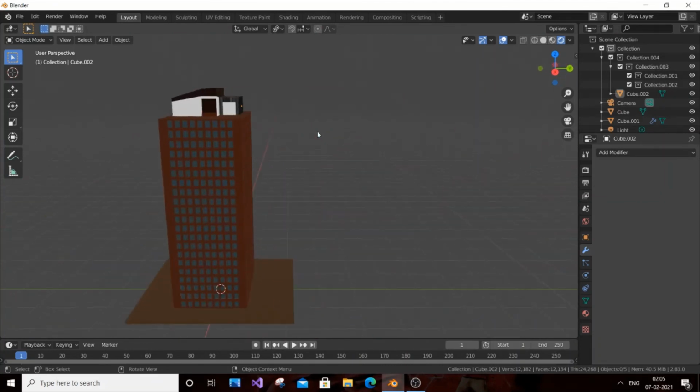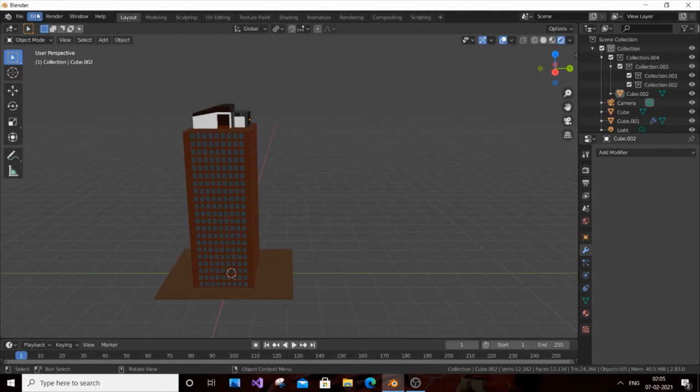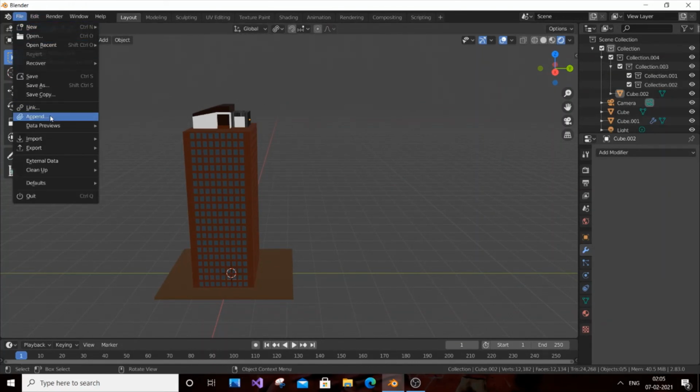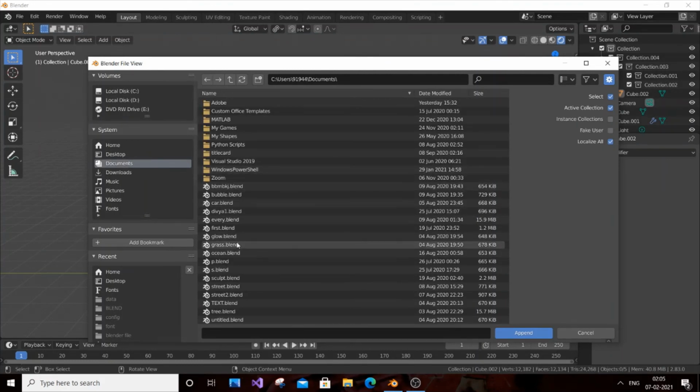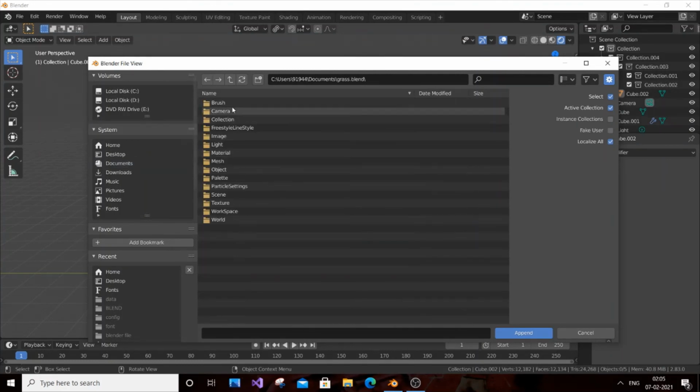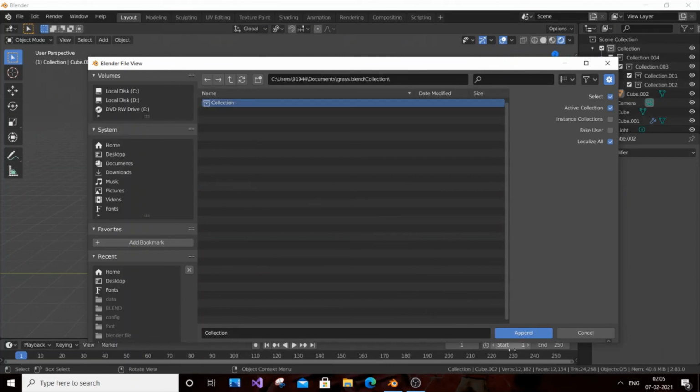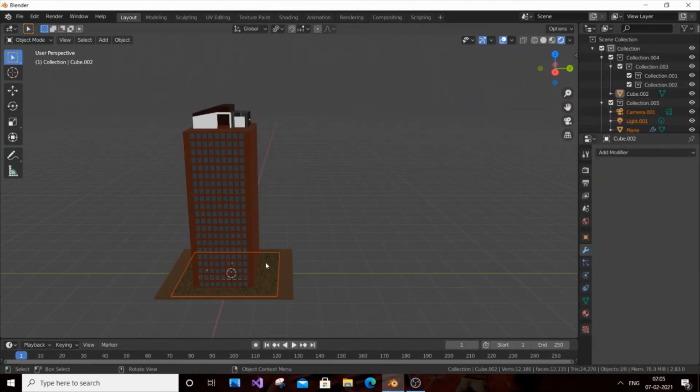Wow, that looks amazing. Next, I have made some grass, so I will also import that file. Append. It's in documents, I think the grass blend, collection and append. So as you can see, I have my grass over here.